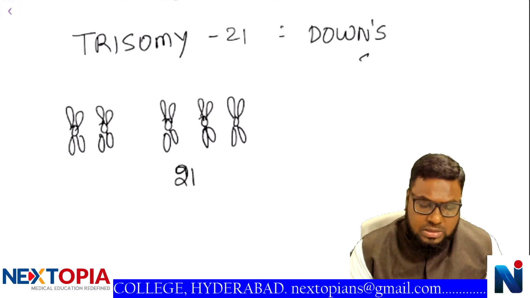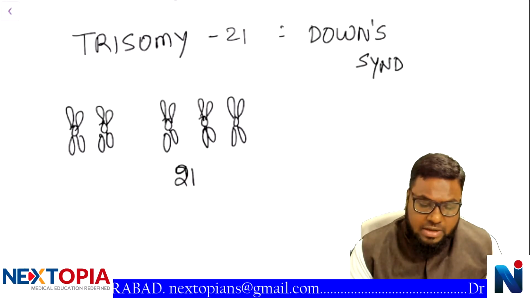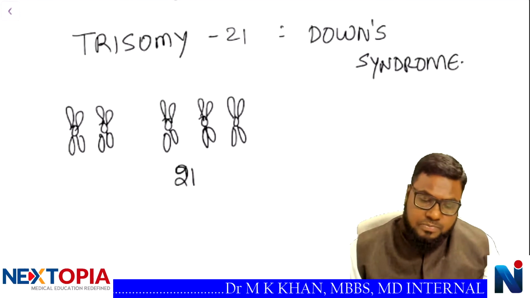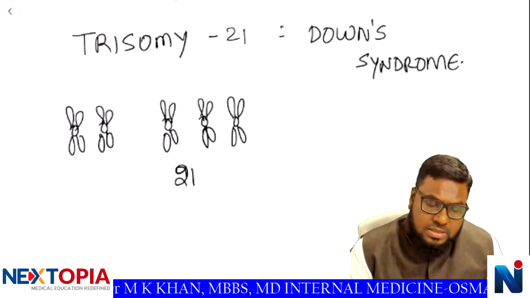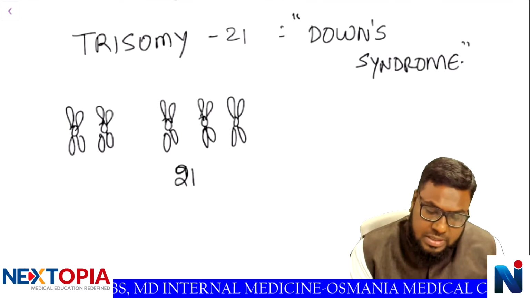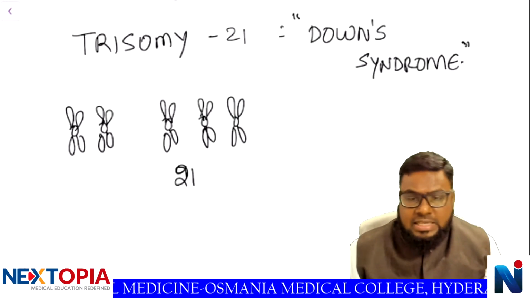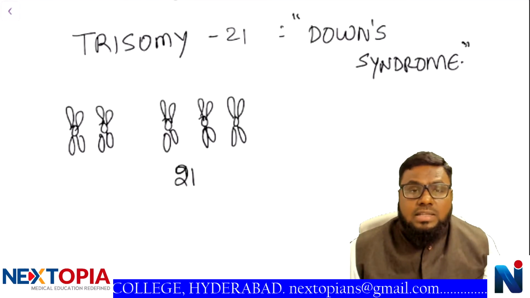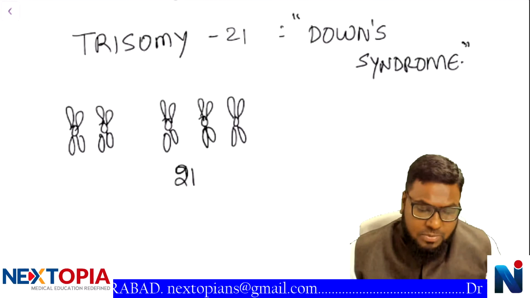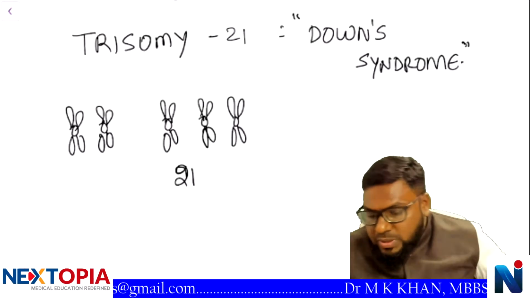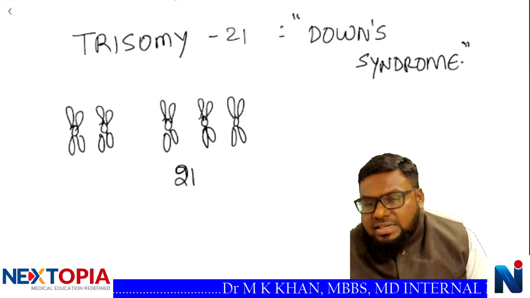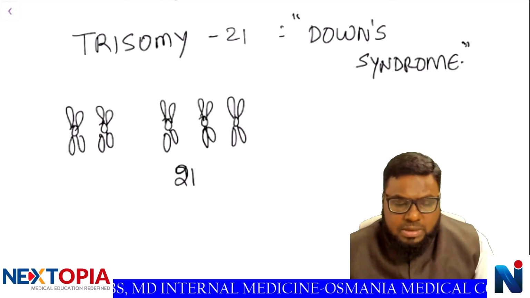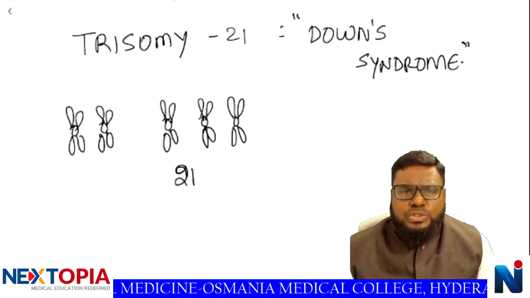Trisomy 21, please remember, is Down syndrome. A very famous genetic disorder. You might have seen it has quite a high incidence, resulting from delayed age at pregnancy. When the mother's age is very high, more than 35 years at pregnancy, there is a very high chance of this chromosomal abnormality called trisomy 21. You can detect trisomy 21 by antenatal tests, so that you prevent the birth of a baby having lifelong mental retardation, right?